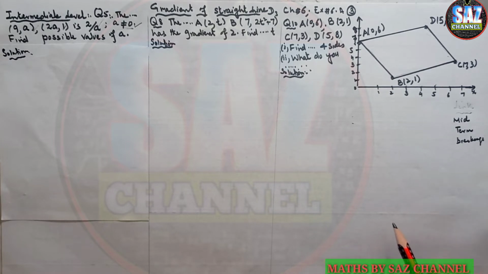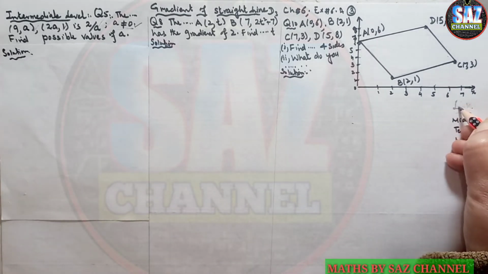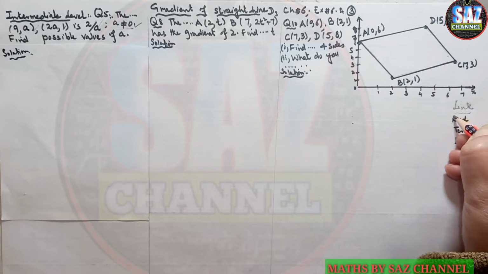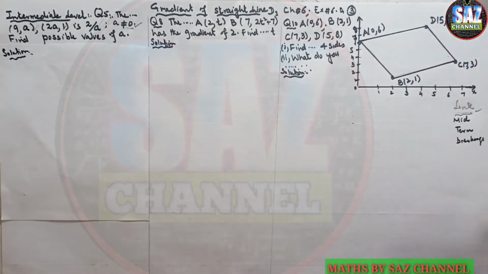This is my third lesson of D3, chapter number 6, exercise 6a, that is about the gradient of a straight line. If you find any difficulty understanding what the gradient is, what the symbol is, what the formula is, and what the condition for 3 points to be collinear is, you have to watch the previous lesson, for which I'll give the link in the description box, because the lessons of mathematics require continuous practice and integration of the lesson with other lessons. Okay, let's move to question number 5, and let me read the question from the book,